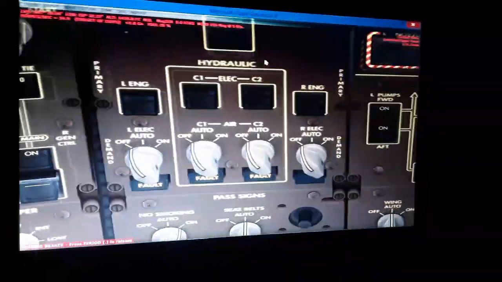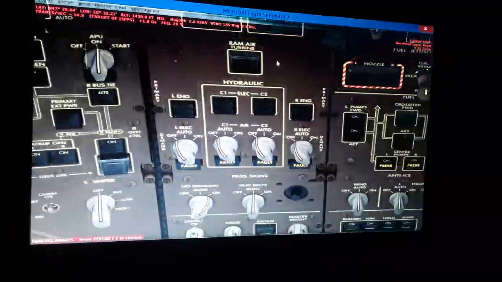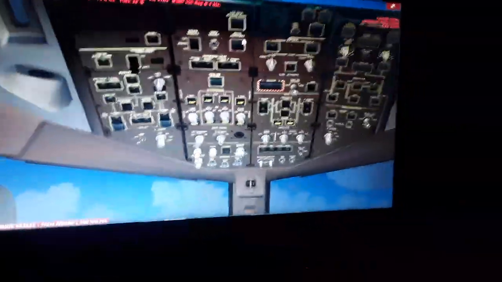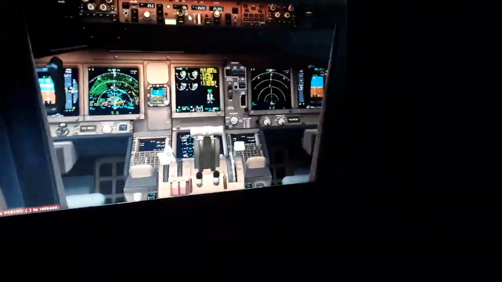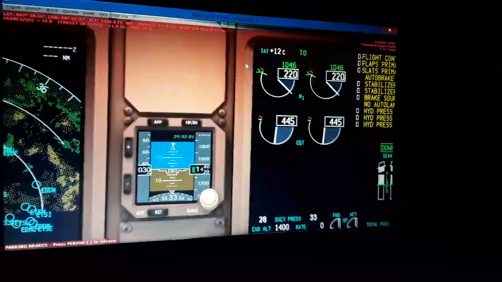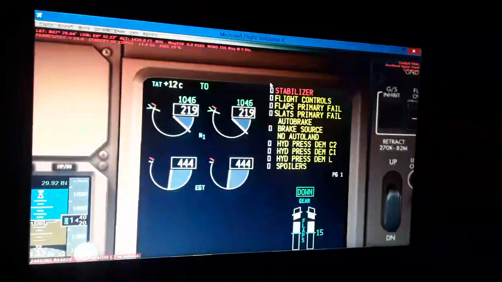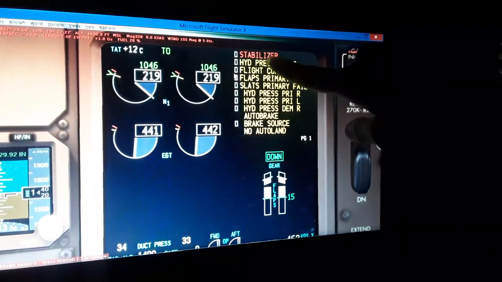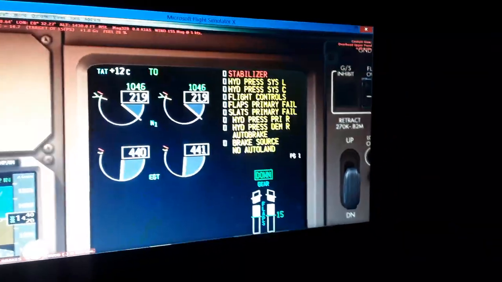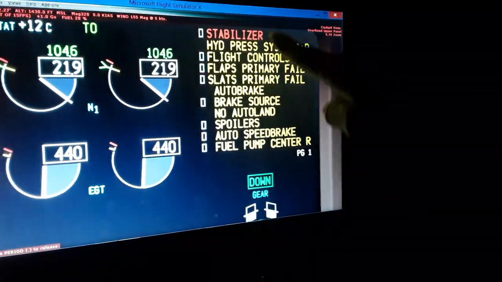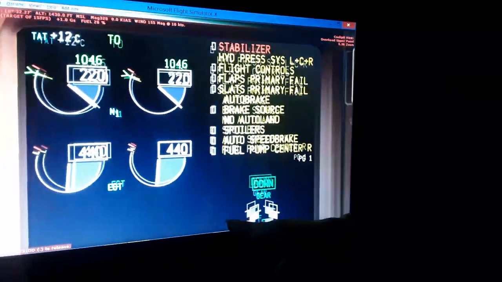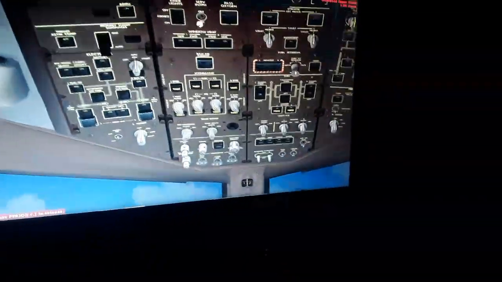You will see many things go into failure without the hydraulics. Here are the faults coming up. You will lose all the hydraulic pumps. So you see we have alternate flaps, all the stabilizer with red, hydraulic pressure system, L, C and R, and auto brake. All these flight controls are lost, so we have to reset